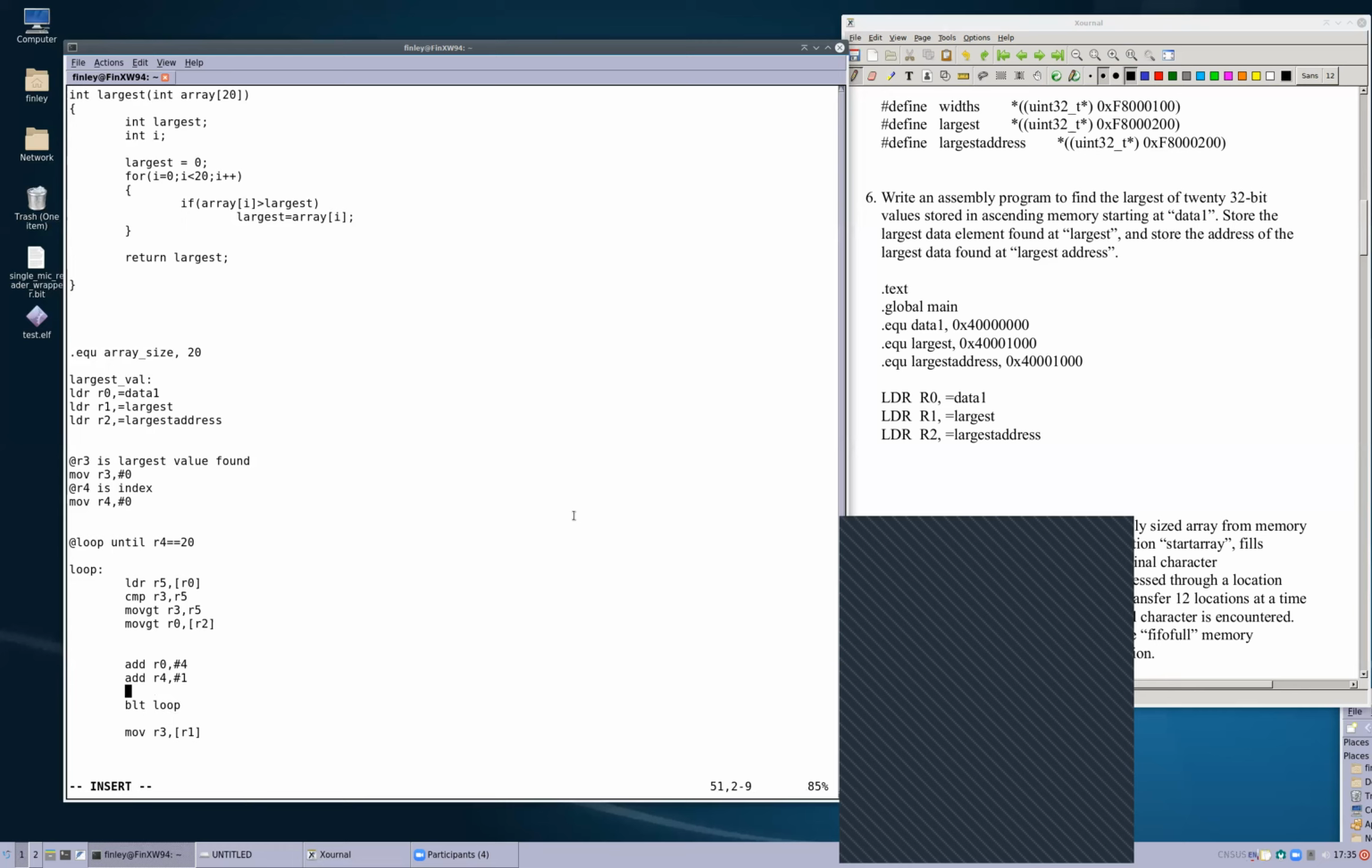I did forget one thing. Compare R4 with your array size. Right? And that's the end of the loop, to make sure you only get the first 20. Yeah. So after the end of the loop, I just copy the largest value into the pointer given. And your largest address is